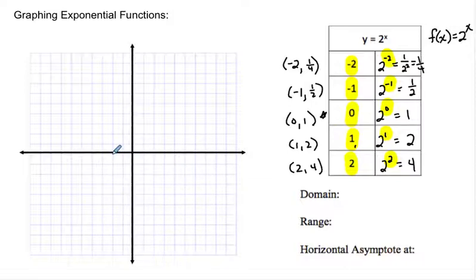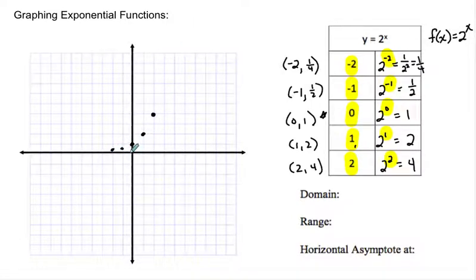So at negative 2, I'm at 1/4. At negative 1, I'm at 1/2. At 0, I'm at 1. At 1, I'm at 2. And at 2, I'm at 4. So now, of course, we want to be able to think about what the general shape of this graph is going to look like